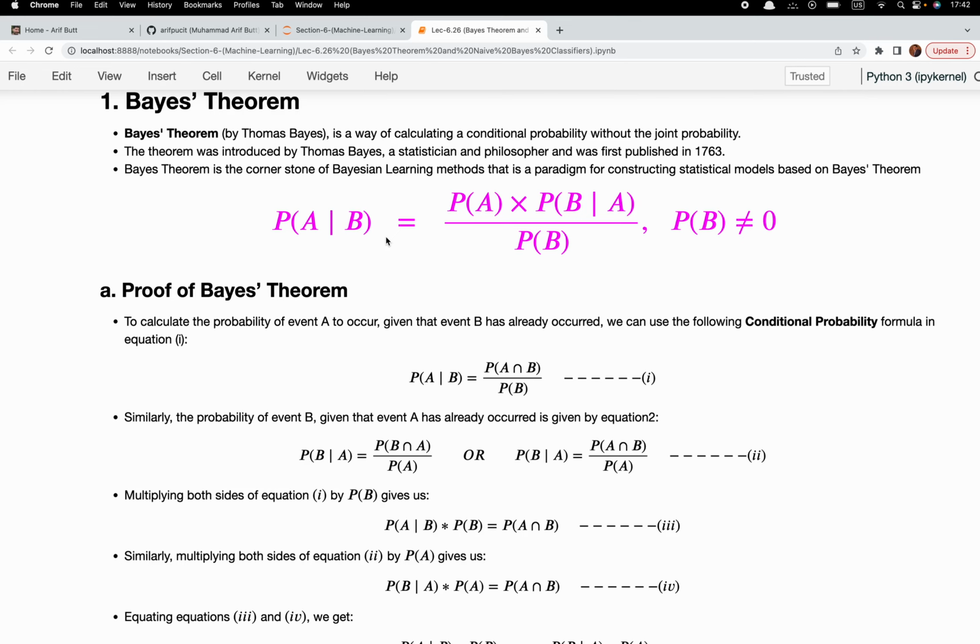This theorem was introduced by Thomas Bayes and was first published in 1763, quite a time ago. Well, this theorem is the cornerstone of Bayesian learning methods, that is a paradigm for constructing statistical models based on Bayes theorem, and the formula for Bayes theorem is shown in magenta color over here. And before I describe it, let me give you a walkthrough as to how we can